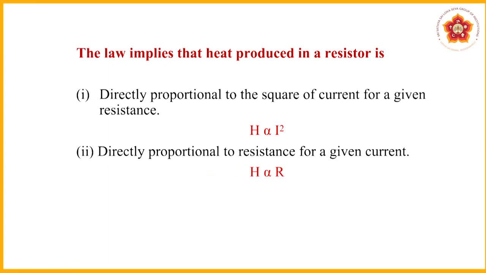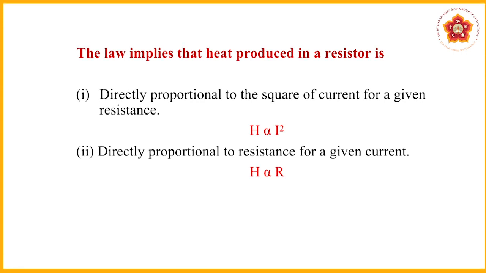H is also directly proportional to the resistance. Suppose I increase the current, the heat generated in the resistor also increases. If I reduce the current, the heat will be lower. Similarly, if the resistance is more, as in appliances like electric iron and water heater, which have very high resistance, they are used purely for extracting heat from the current. That is the main part of their job. Maximum electrical energy that we supply is converted to heat.